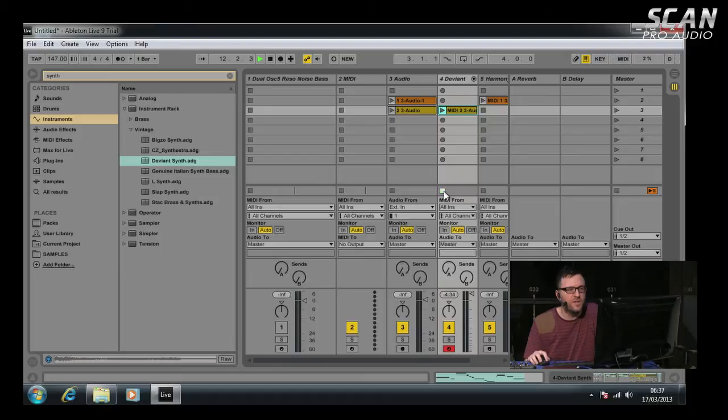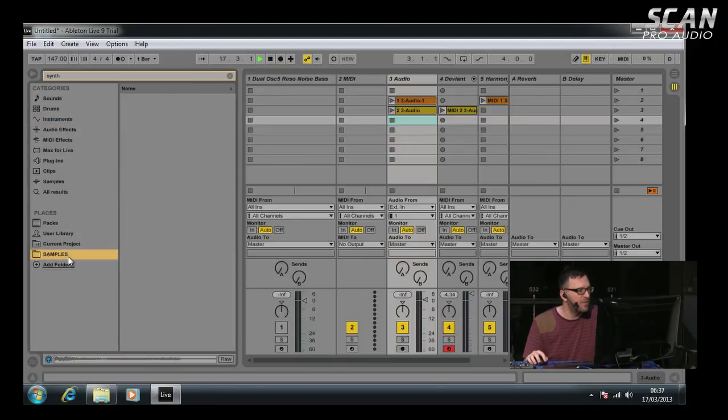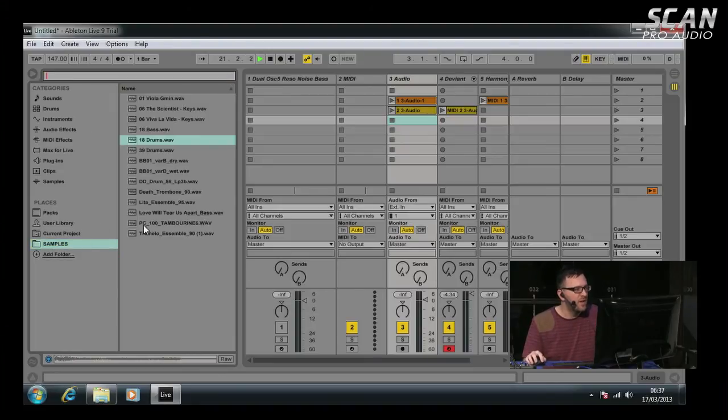One other feature is you can turn the audio into a drum rack as well. I'll just get a drum beat for you. If I go to my samples there, I'll just cancel that synth because it's still looking for synth. I need to reset the browser there. Go to samples, get a drum beat. So with this,